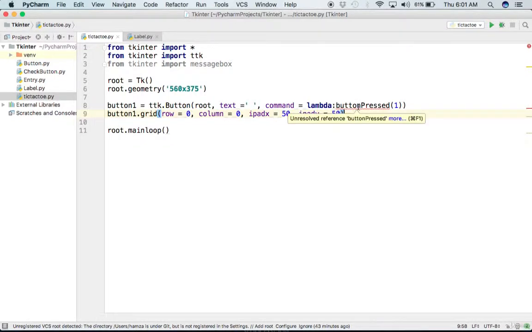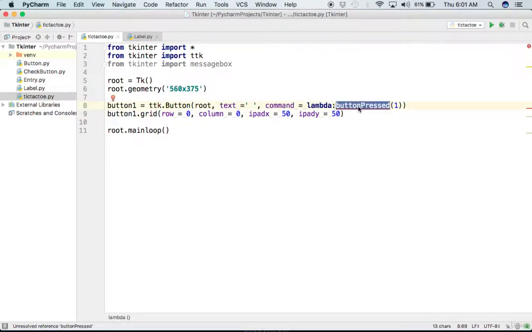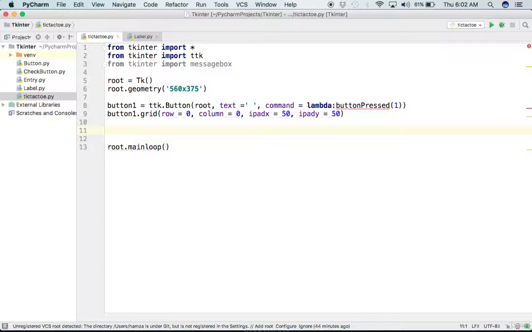Now it's time to define this function button pressed that will be called on the click of this button. So I will go ahead and define it. We will only define this function in this session, and in the next session we will implement it. So I will say the name of the function and what it is getting in the argument. It is getting the number of the button which is pressed. So if it is button 1, I am getting 1 here. So I will say here button number,